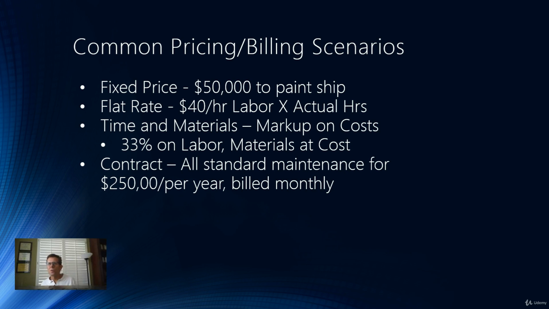So you pay me $250K, and whenever you need anything, I send out repair technicians, they fix things, they maintain things, and everything's already covered. So those are some variants, and they can be found in many of the scenarios. So there's lots of different combinations, but you should be aware of these because they're important in the context of the business of service as well as the context of SAP and configuration and